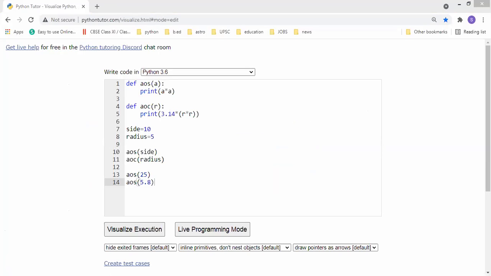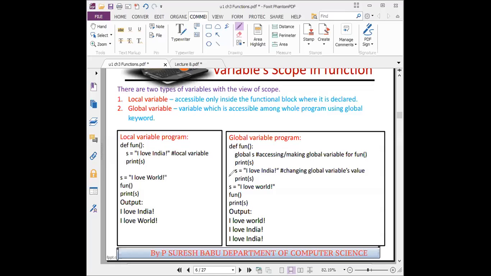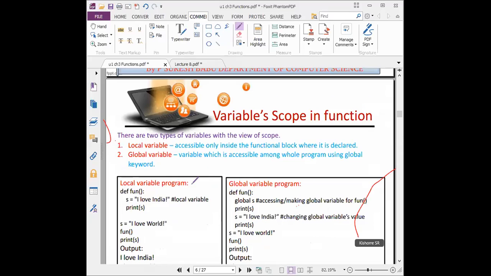So the next concept is variable scope. You should know about variable scope. Scope means